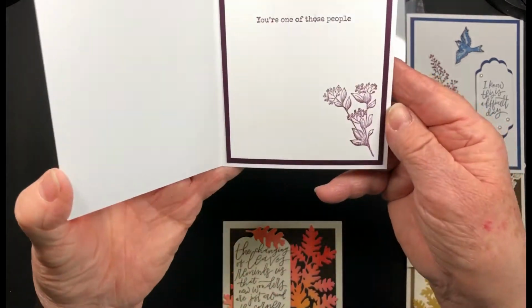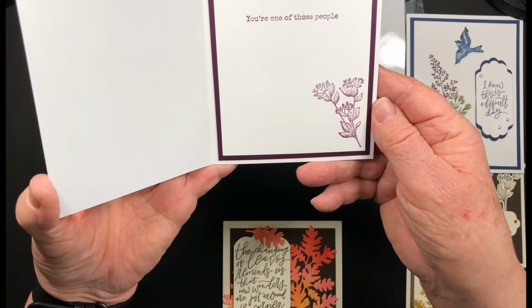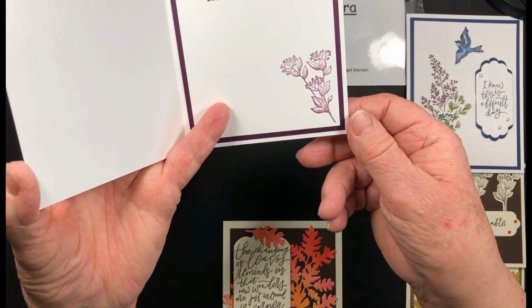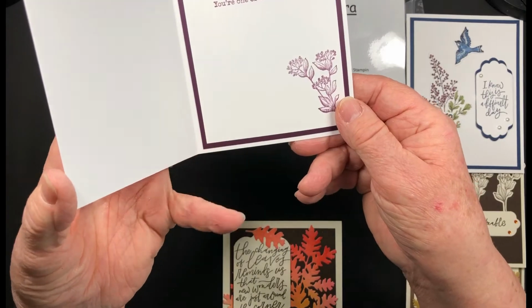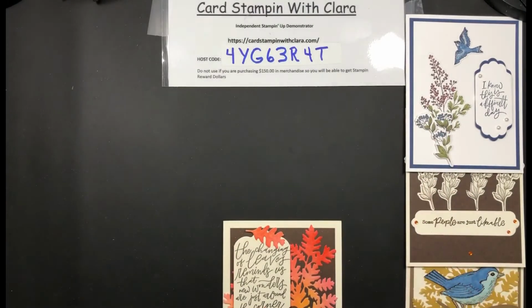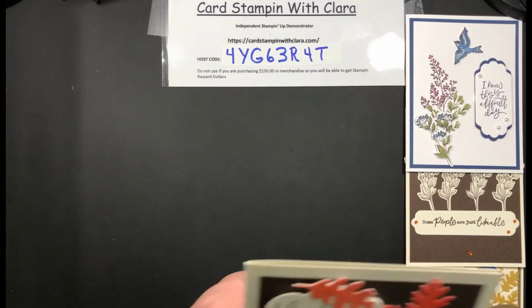It was one I liked anyway. And then on the inside, it's the same sentiment. You're one of those people, and I just stamped it in the Blackberry Bliss on the inside, the little image. So that was another card, and you might take notice, none of these cards have any designer series paper in